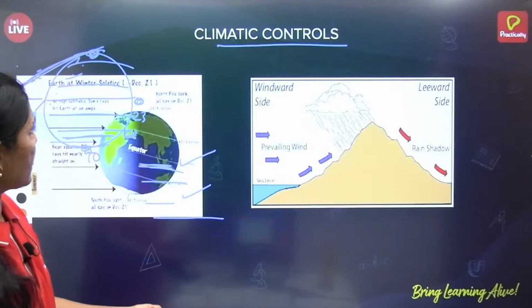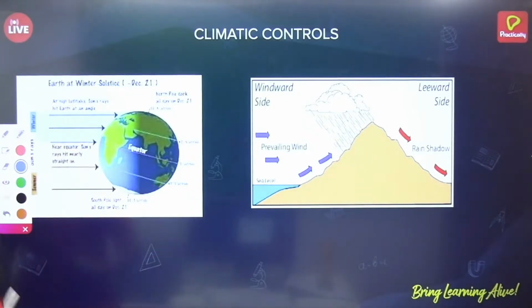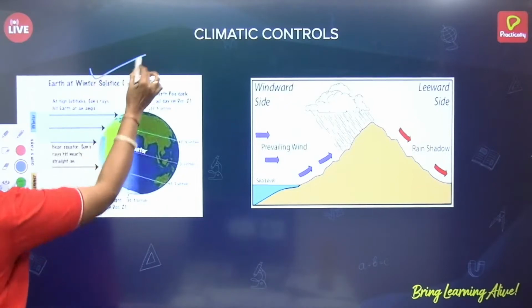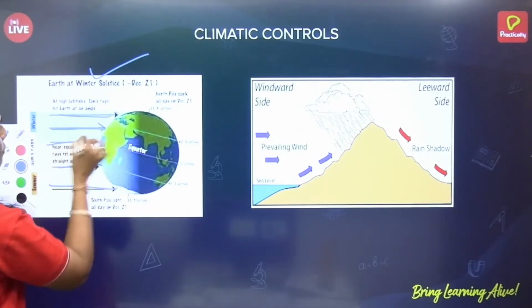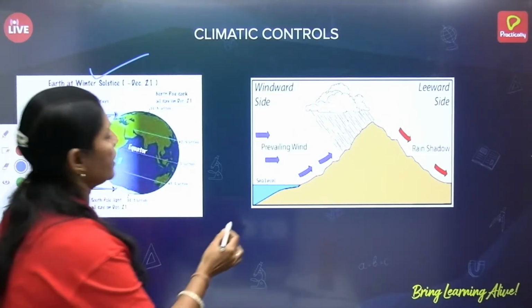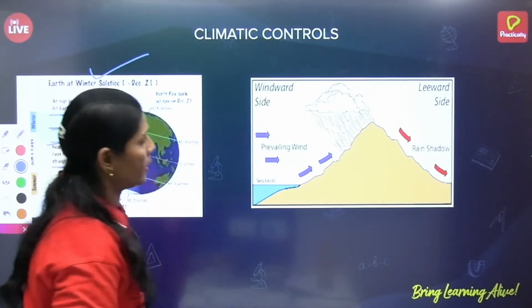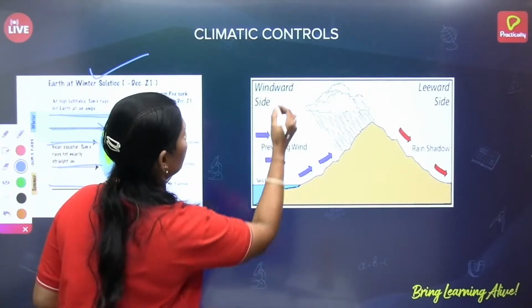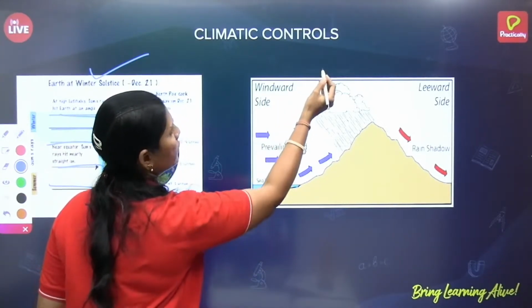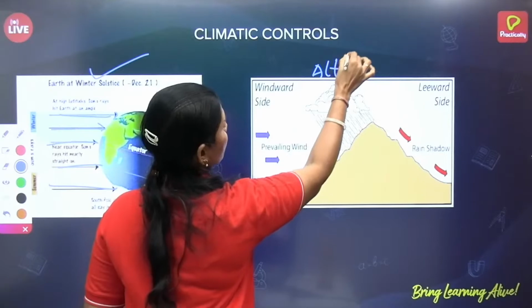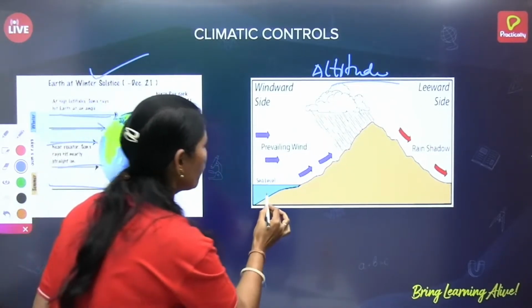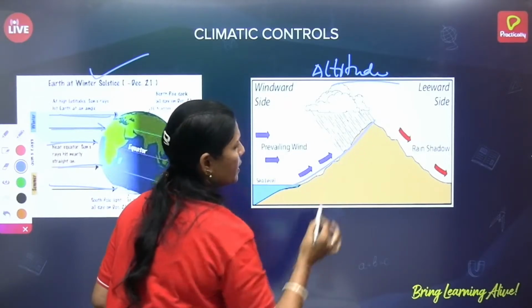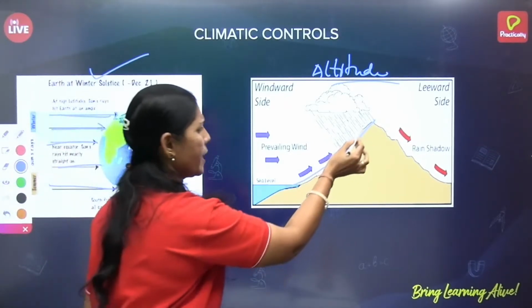In the next slides, I'll show you. This is the first one, how the latitudes influence the climate. Then this is about altitude. And one more thing in altitude, when you are moving through the higher regions in the western